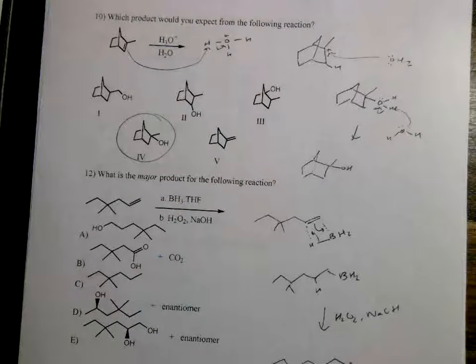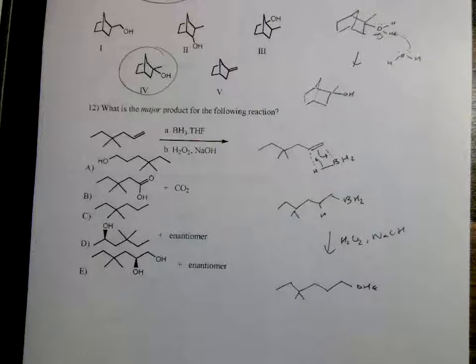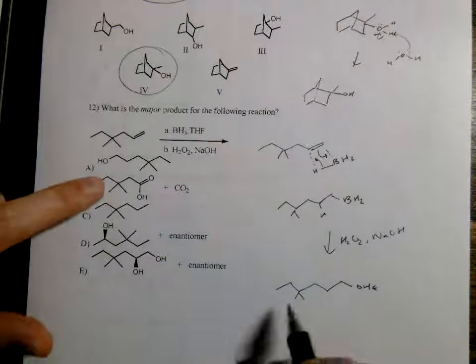but that BH2 will be replaced with an OH. I almost wrote OH2, but it's just OH, just an alcohol. So this is my favorite one just because it's easy to keep track of, I think. You see the hydroboration oxidation, and you know it's going to be anti-Markovnikov, and there's no rearrangement, and you don't have to worry about anything. You basically are just throwing that OH on at the end, and I think that makes a lot more sense to me. So the right answer is going to be,